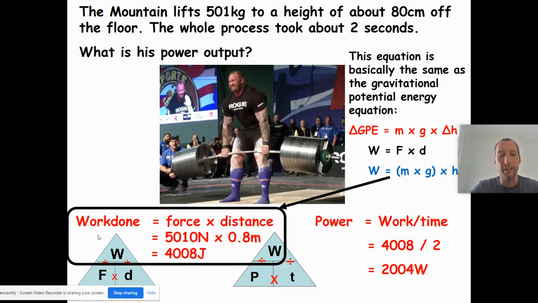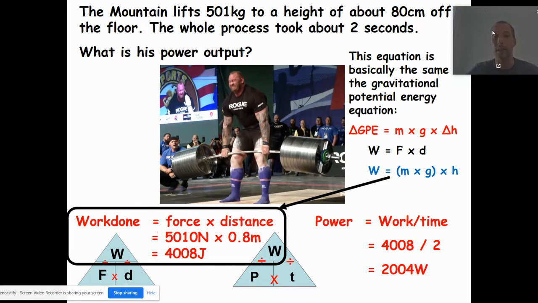This work done equation that we've used. Remember earlier I said that when you lift things up against gravity, the work you do is basically equal to the gain in gravitational potential energy. So actually this equation, the work done equals force times distance, is actually the same equation really as the one we used last week, where GPE equals mg delta h. Now they might not look the same, but if work done is force times distance, when you lift something against gravity, the force, which is the weight, is equal to the mass times the gravitational field strength,